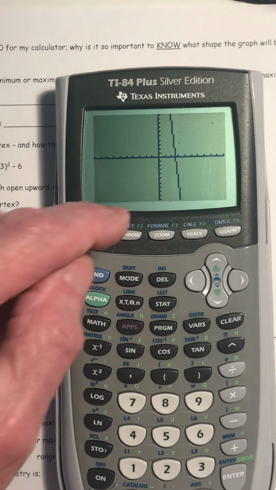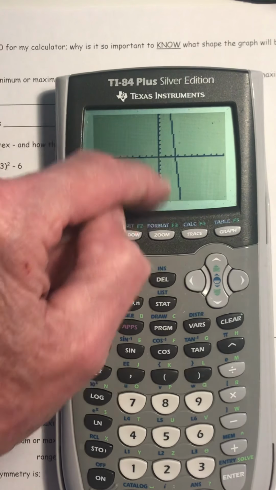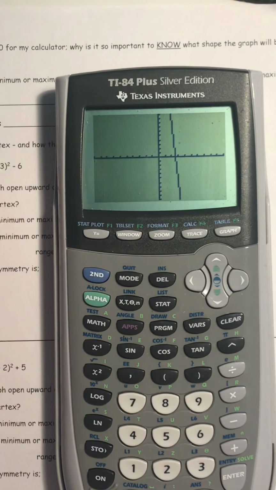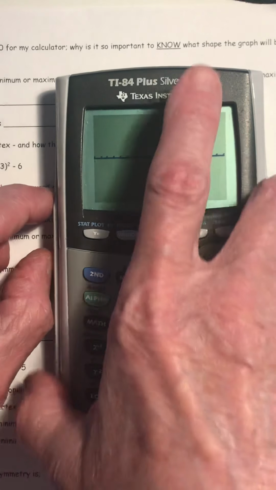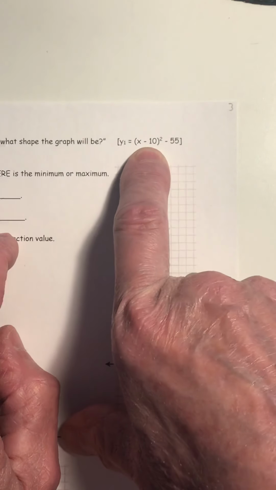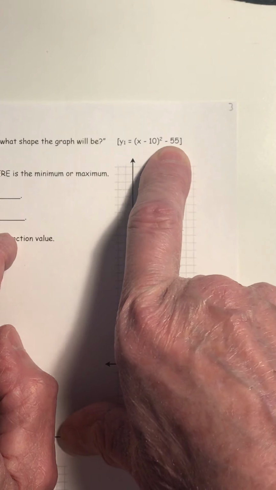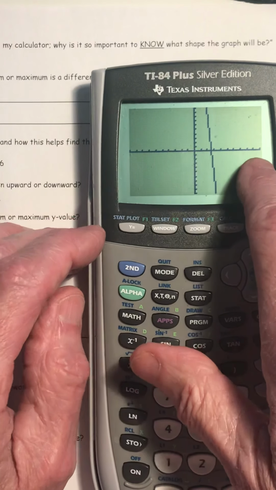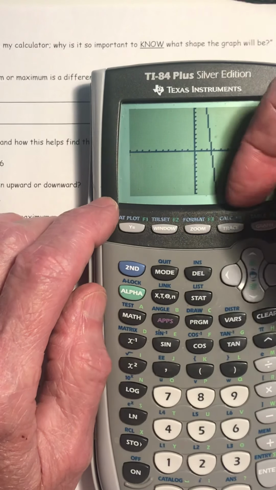Someone who has no knowledge might assume, well, this graph is a straight line. Sure, it looks like a straight line, a little jagged, but it's still a straight line. But we should expect from this form of equation that it would be a parabola with its vertex at 10 for x, negative 55 for y. You can't see that far over really, and you sure can't see down to negative